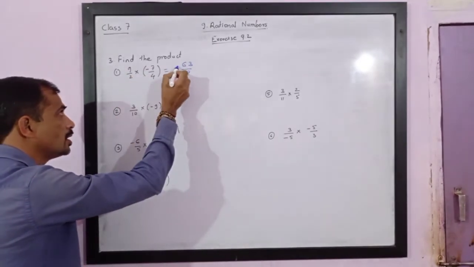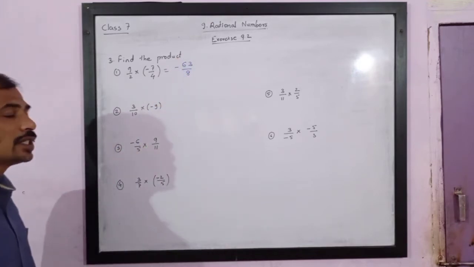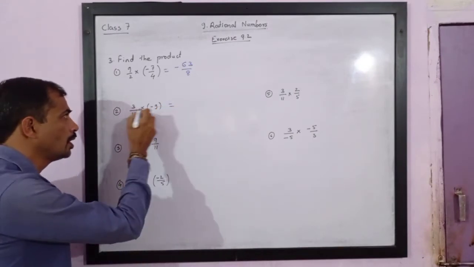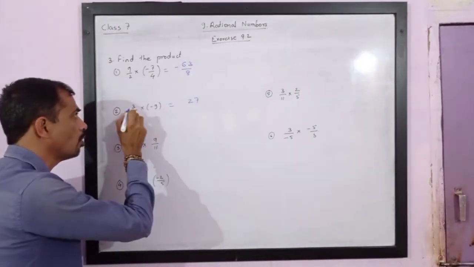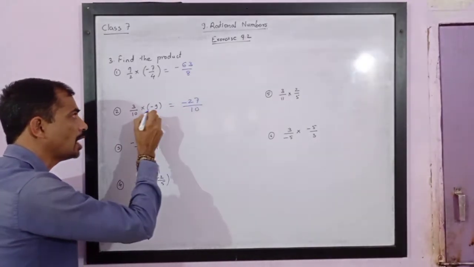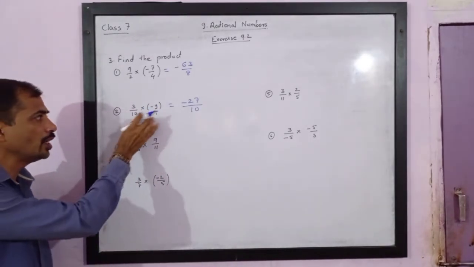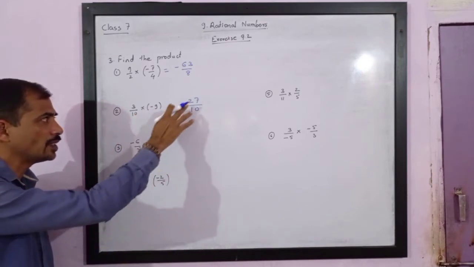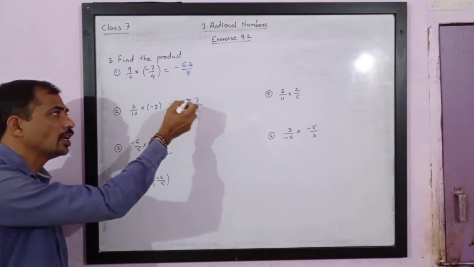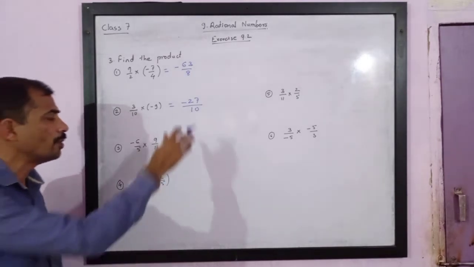This plus into minus remains minus. Please note, they don't have any common factor. So this is the standard form of the rational number. Next is 9 threes are 27. Positive into negative is negative upon 10. This 9 can be written as 9 upon 1, so 10 into 1 will be 10. So this itself is the answer, minus 27 upon 10. Please note, negative sign is at the numerator and denominator both have only 1 as a common factor.